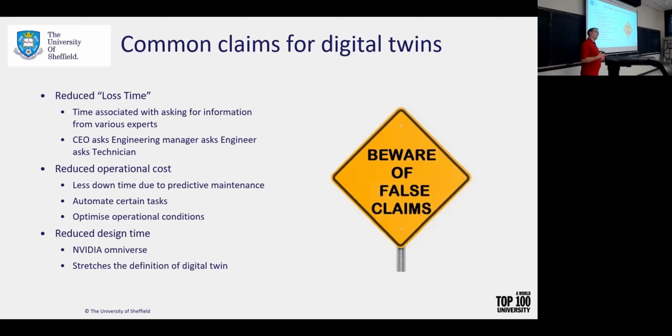It's also commonly associated with optimal performance. So if we have a reactor and we reduce the output by 10%, and if we can prove with the digital twin that that would save us 20% of fuel costs, that might be worth it. That might be the optimal amount compared to the supply, demand, and also cost. And so most people, when they think about digital twins, also think about that aspect of optimal operations. Of course, that requires a lot of information on the technologies, but that's what a lot of people associate with digital twins. And last is reduced design time. So one of the common ones is NVIDIA Omniverse.